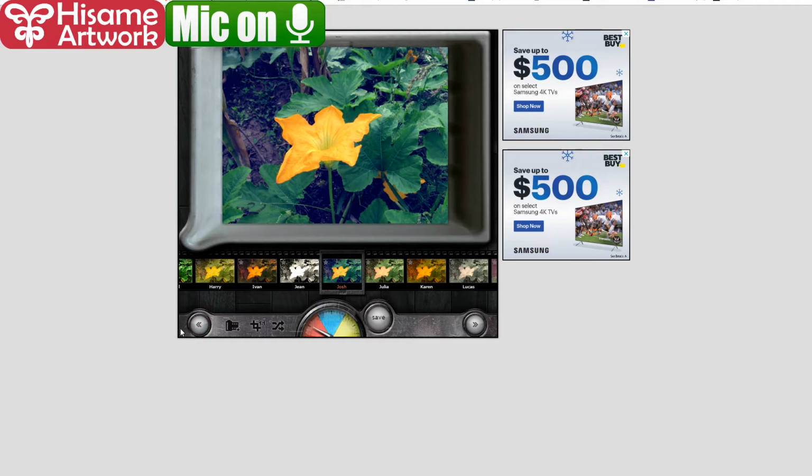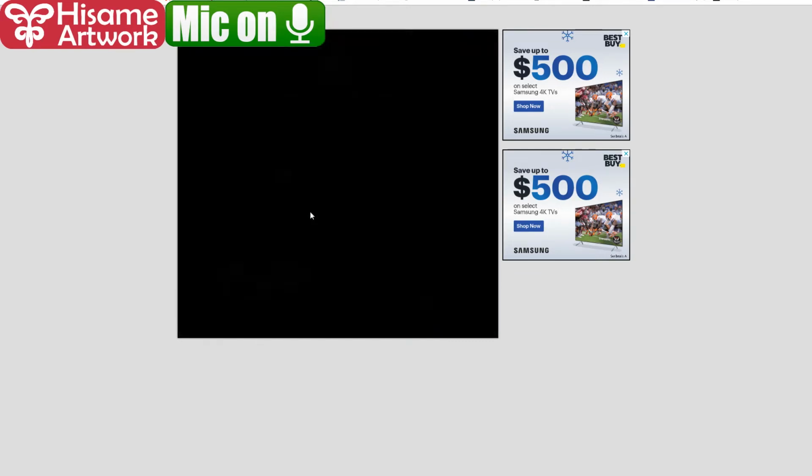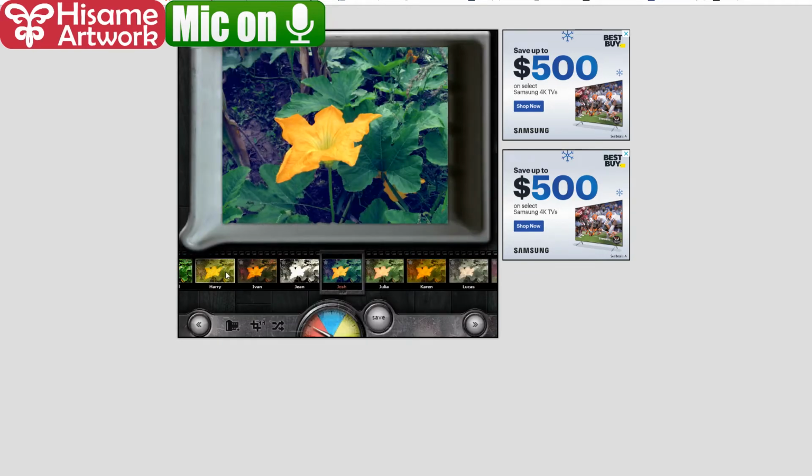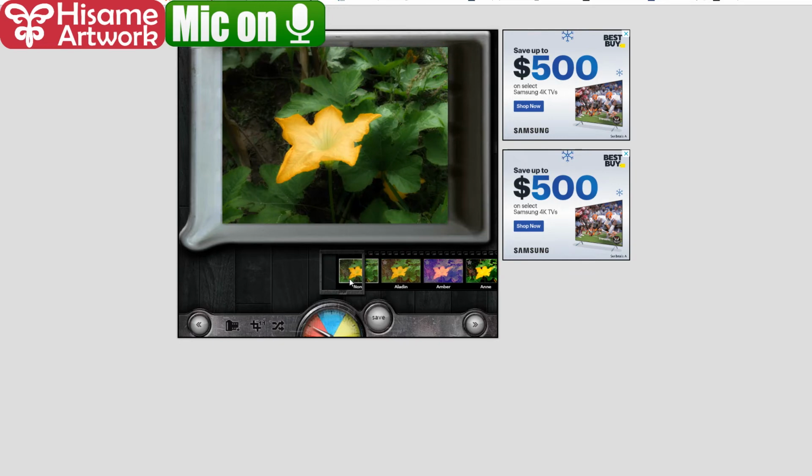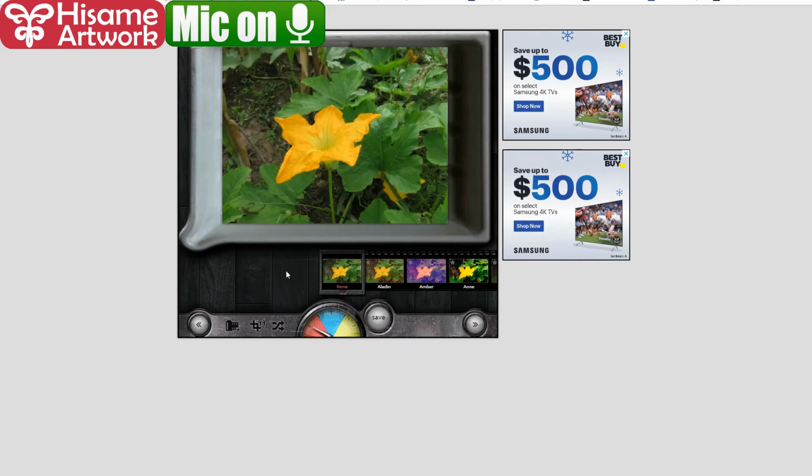That wasn't a particularly great shade of brown to go with that yellow. Let me see the original. So it doesn't stand out that great. It doesn't complement it. It doesn't support the main focus of the photograph. So a filter like Josh